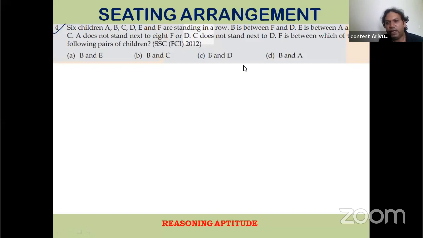Question 4, make the diagram, solve it. Use your pen and paper, work it out. Don't wait for me to solve it on the screen for you. Try it out yourself first. That is how you'll get confident that you are able to solve and get the answers for the different questions in the paper.